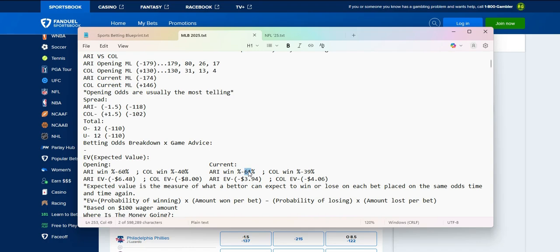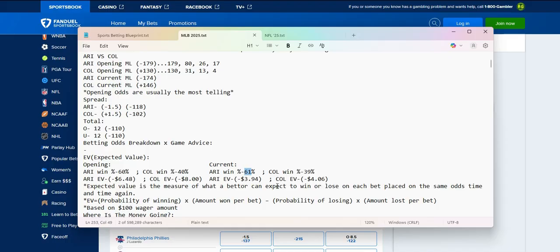With the current odds, Arizona win percentage. That is to keep integrity of the sports books alive. Of course, they make money hand over fist, but too many people would be discouraged to bet if you keep the odds too high and in favor of the sports books. You got to give the bettors an advantage somewhere.